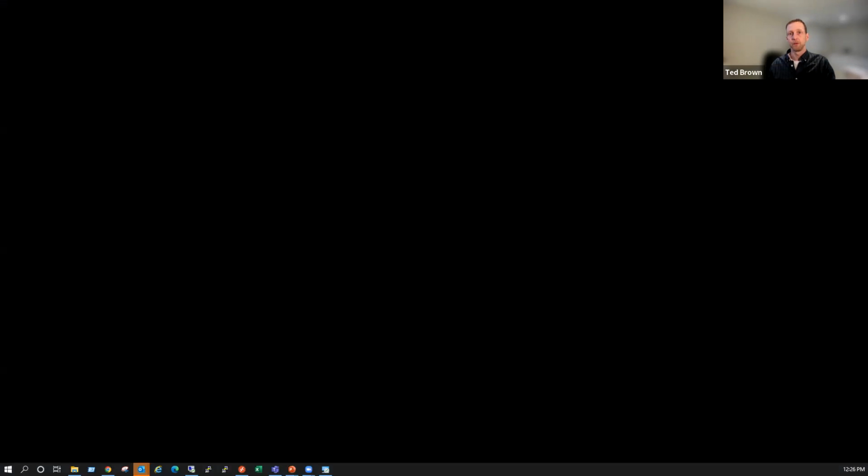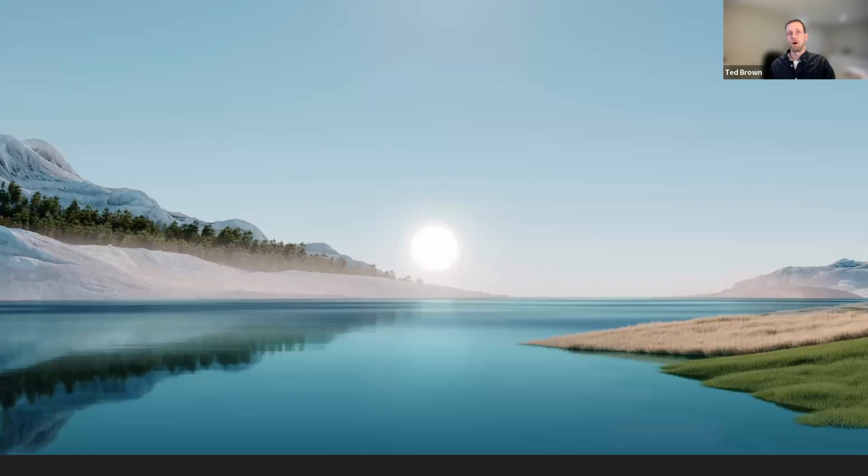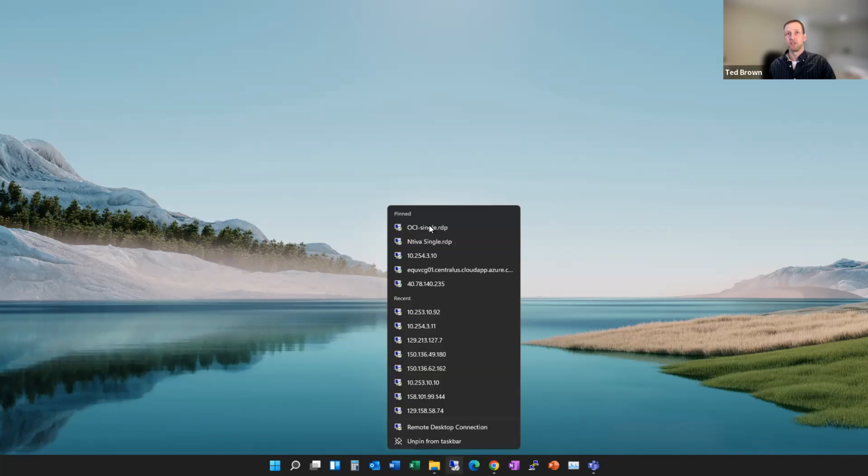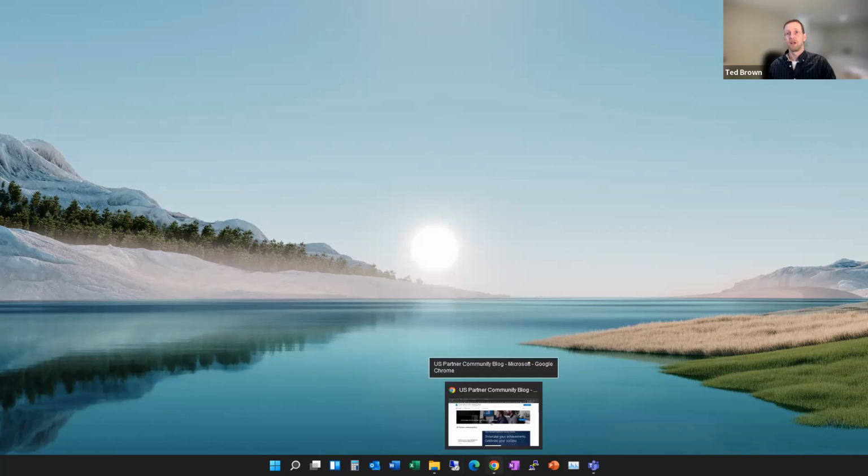And it pops up here, logging in. And this gets to the desktop that I utilize on a daily basis. Again, taking advantage of the FS Logic desktop. So I can log into all the different host pools I have here. I have the same desktop, the same icons presented here at the bottom. You can see here, I can take a look at remote desktop connections. I have some pinned ones up here that I take advantage of, as well as have my